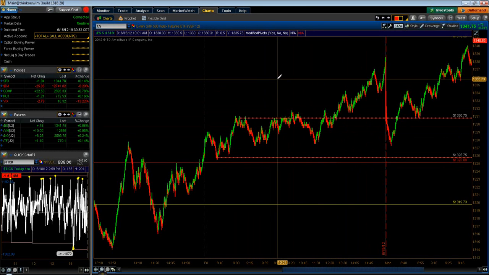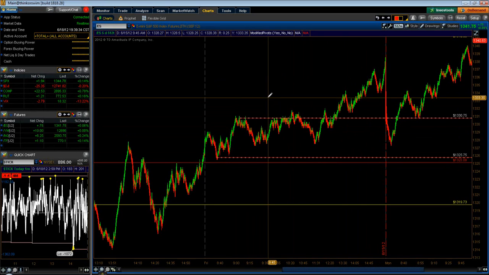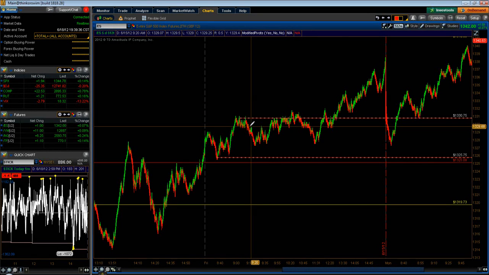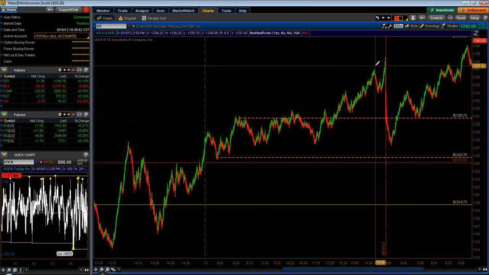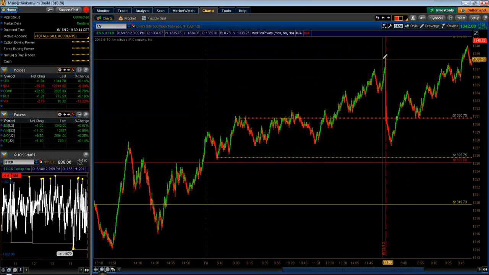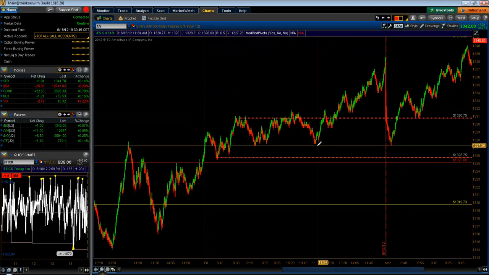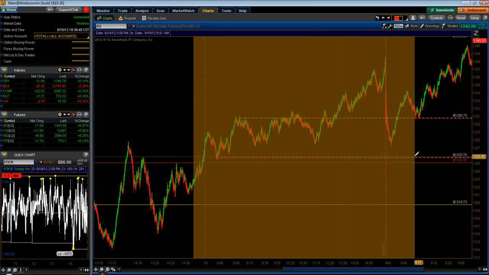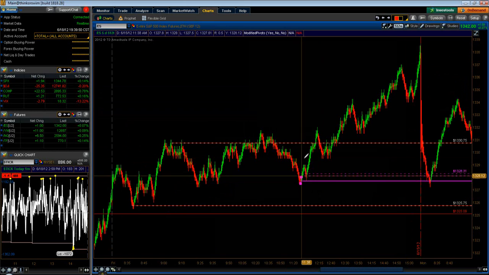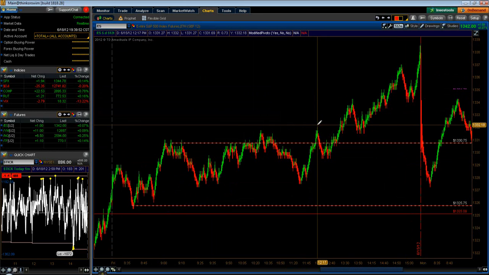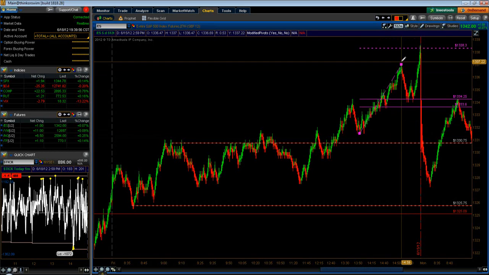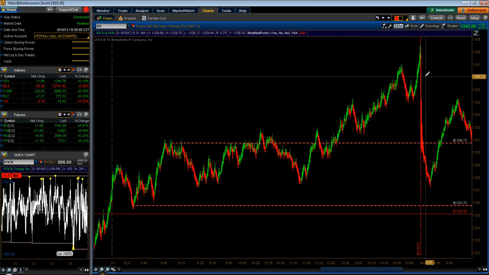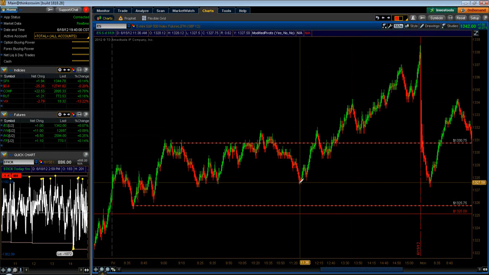It can sometimes be a day to shut down early or take off, but in this case, we ended up just drifting higher, drifting higher into the expiration of that contract and the close on Friday. So I usually don't take trades in the afternoon on Friday, but we did have a couple of 15-minute longs here in the afternoon. So again, these three I didn't take into the close, but there are setups in the